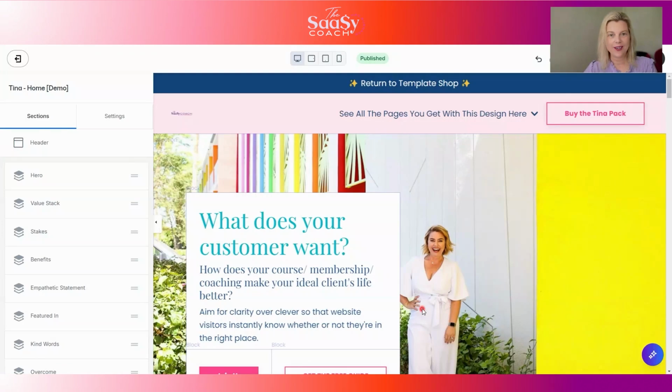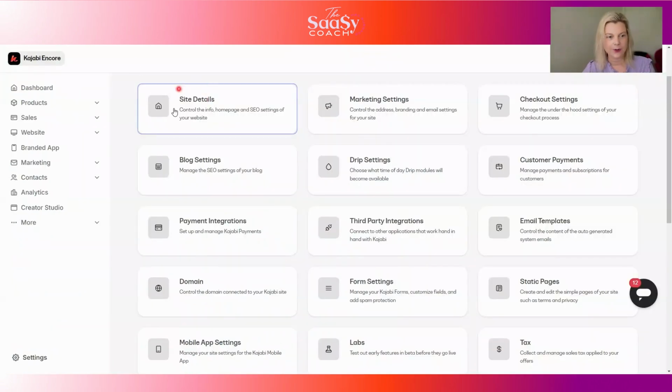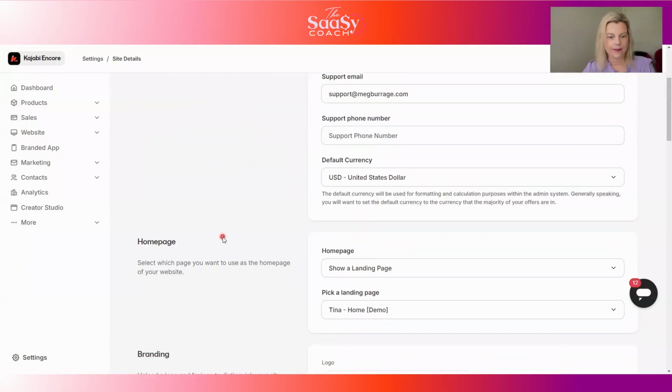All right, we're moving on now to page customization, and there's quite a lot to say on this part. So I've broken it down into a few little pieces. The first thing I want to say, if you are customizing templates or starting a site from scratch, one really important setting before you get started on all of this customization is to make sure you go back to your site settings, into your site details, and then scroll down